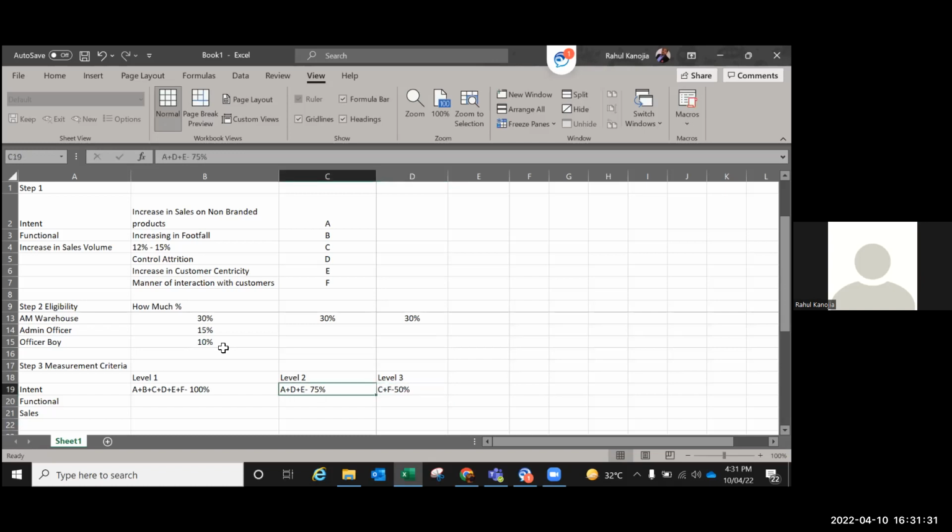बट ये बंदा सेल्स में कुछ कंट्रीब्यूट नहीं कर रहा है, फिर भी इसको 75 दे रहे हैं हम। A लिया है ना, A is like sales. But it's a non-branded product ना, जिसमें मार्जिन बहुत कम है। Okay. And wherein he is selling on the margin अपना तो branded products। सी डाल दो ना लेवल 2 में।